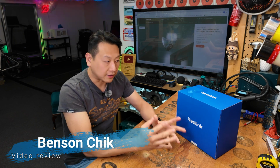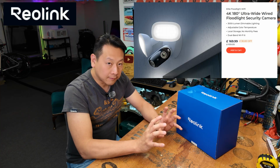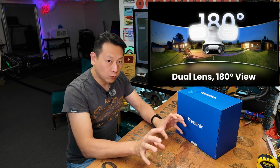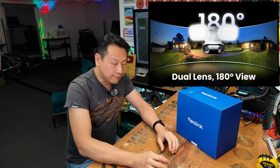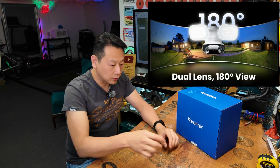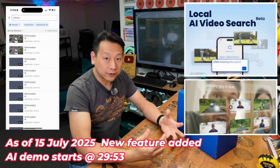Today I'm going to show you a security camera, and this is by Reolink. This is the Elite Floodlight camera in 4K, and basically this is two cameras in one, and they will capture a picture side by side and merge it together, so you get a full 180 degrees view. So I'm quite interested to see how this technology works, and I'm quite interested in showing you guys what your